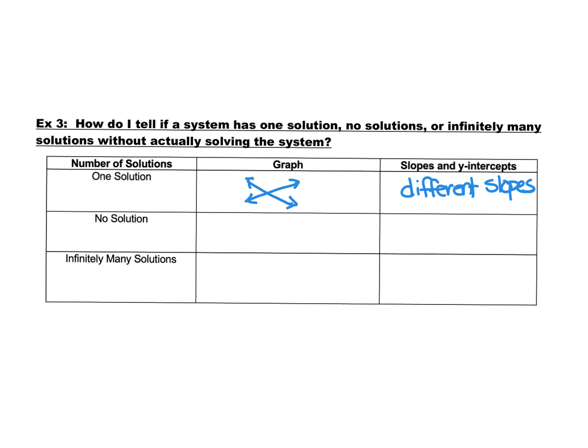And that was the solution. Now we learned that on a graph, if you've got parallel lines, that means that they're never going to touch. And so they have the same slopes, and they have to have different y-intercepts because that's what makes them further apart from each other. So different